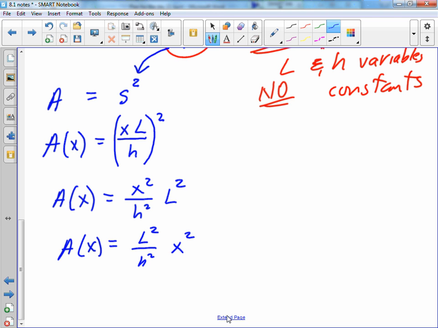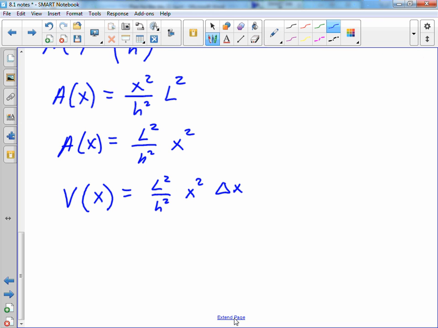Now, let's bring that delta X in that I had mistakenly put there earlier. We said the volume with respect to X then is L squared over H squared times X squared times delta X. So notice we have an area times a thickness gives us volume. So we're doing pretty well. So then if we want to stack up all those volumes like we talked about, then we can just take the volume of the entire pyramid